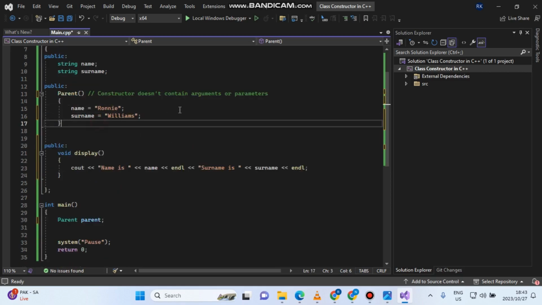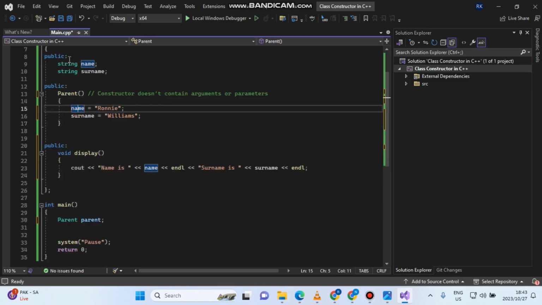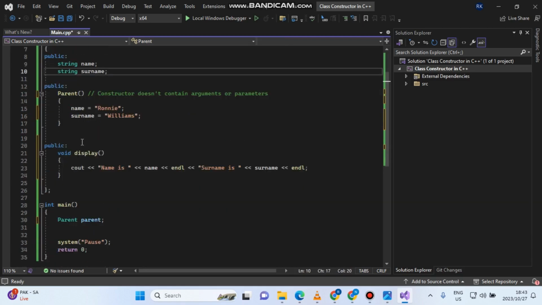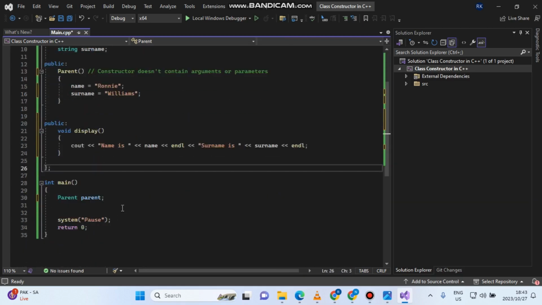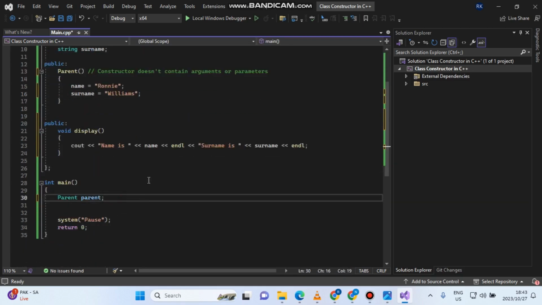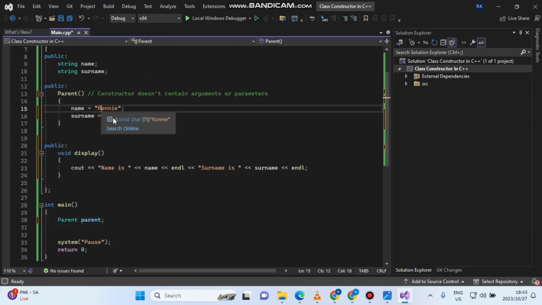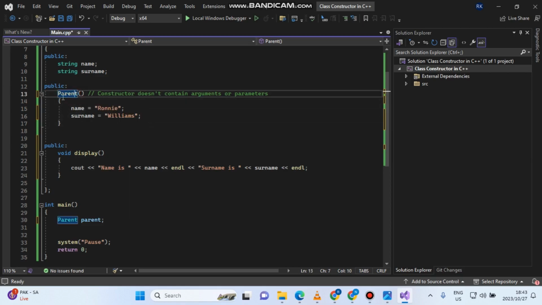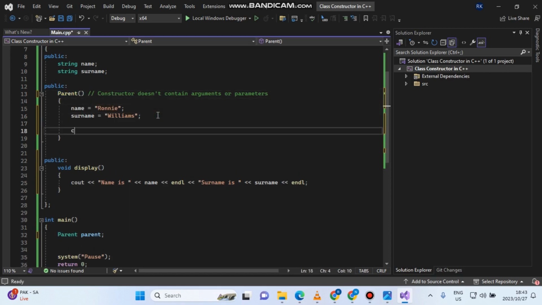Okay, but now we're using this to initialize these two variables of string, as you can see here. Now after doing this in the main function, in order to see the output of this, what you can do also, let's say for example, I want to use this as a means of output, because in the parentheses there's no initialization of any arguments there, but we can also say here,